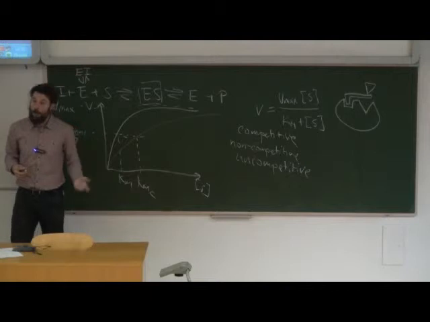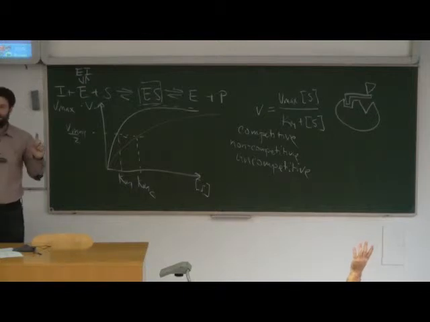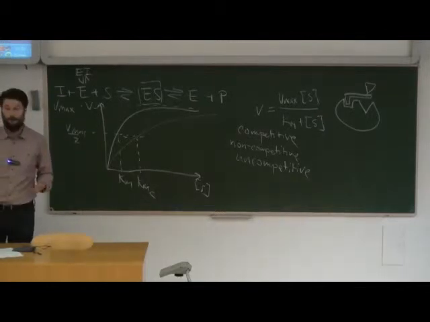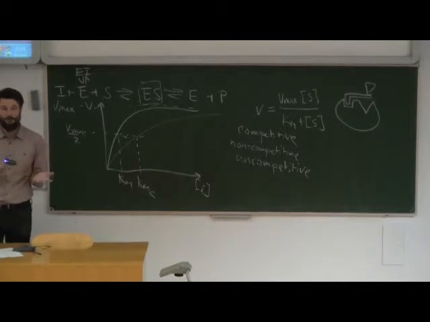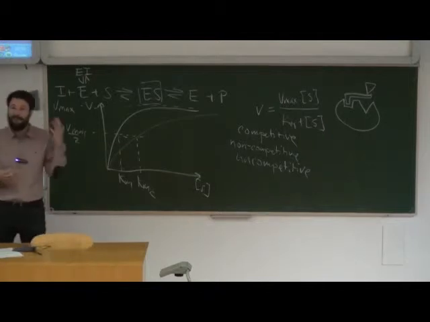Right, non-competitive inhibition. What are the parameters going to look like? What is Vmax going to look like? Okay, well, I still have two people answering, so let's get the middle. We have one at the front and one at the back. Say something. What do you think? Imagine we have an inhibitor that binds independently of the binding of the substrate. What will happen to Vmax? What will happen to the rate of reaction at infinite concentration?